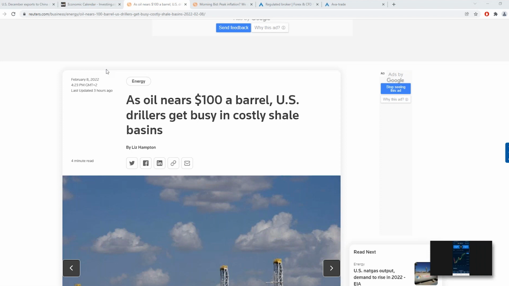The cost of getting it out to then sell it for less than what it cost you to get it out of the shale. So now that the price is well above 50 and nearing 100 a barrel, all of a sudden it becomes a lot more profitable to drill into shale and get oil out of shale. And so if the shale industry gets rolling, that could add some more supply to the situation, and maybe thoughts of that occurring could create some bearishness on the price of oil as well.